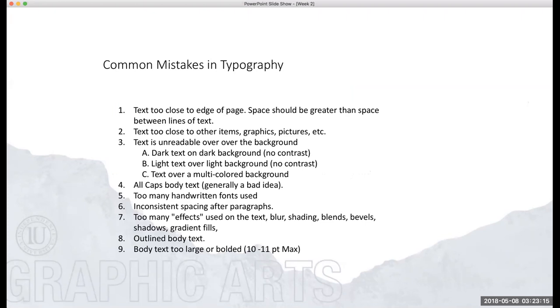That doesn't include the type that you use in your logo. The logo, whatever font you use in your logo, does not count as a font face on your design. I'm talking about fonts for your headings and your paragraphs and things like that. If you're going to use multiple fonts, you need to make sure you keep it at 2 and not more